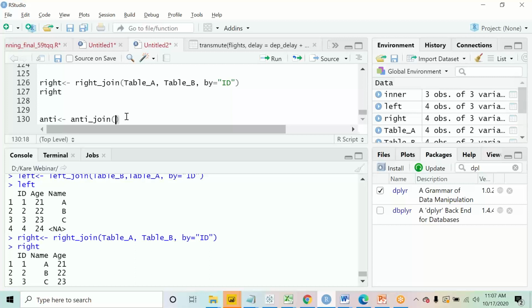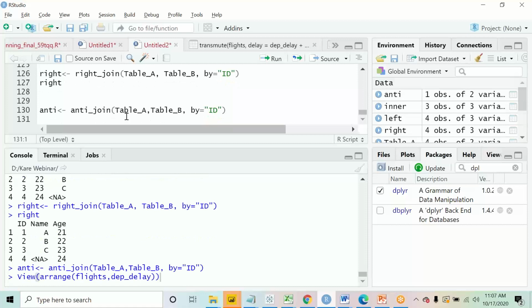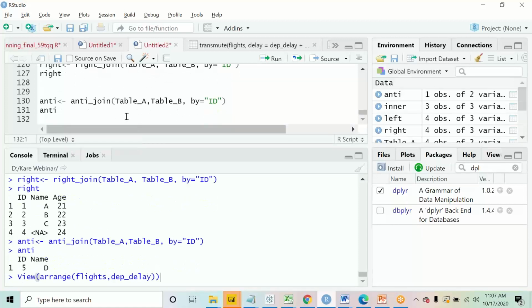5D, right? So that depends on which table I write first, and that should be the first thing we take care of. Yes, if I say table A and table B, then definitely your answer is 100% correct. So I say by equals to ID, and I get ID and name, 5D. What you mentioned.